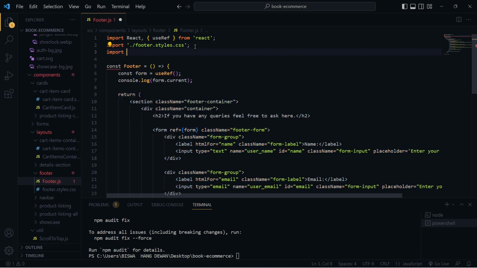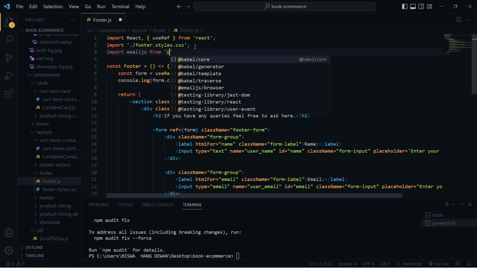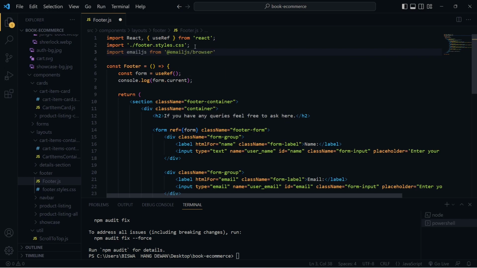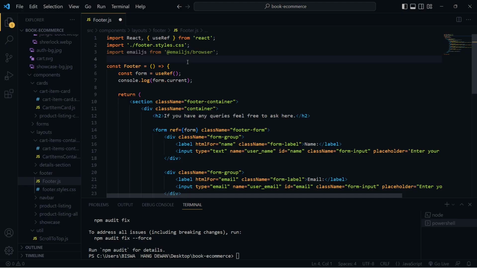So I'm going to say import emailjs from '@emailjs/browser', and we're going to use a method from this emailjs, which is emailjs.sendForm, in order to send our email. All right, so in our form